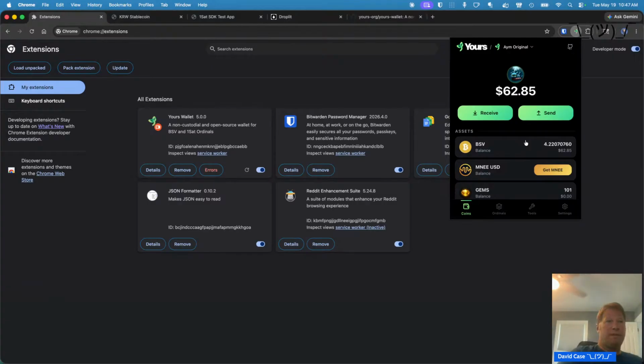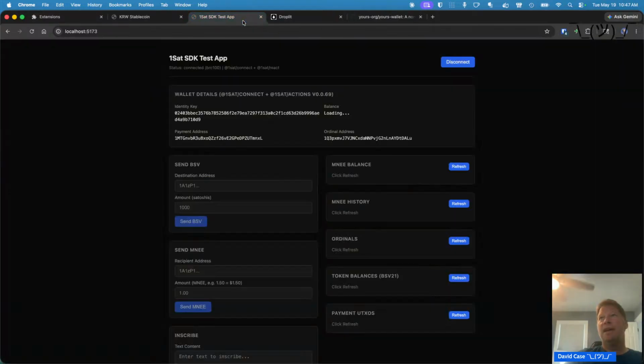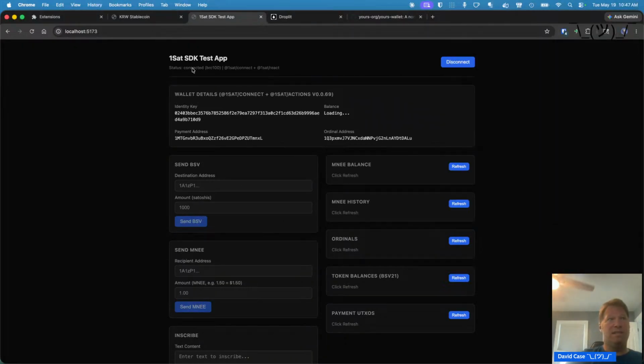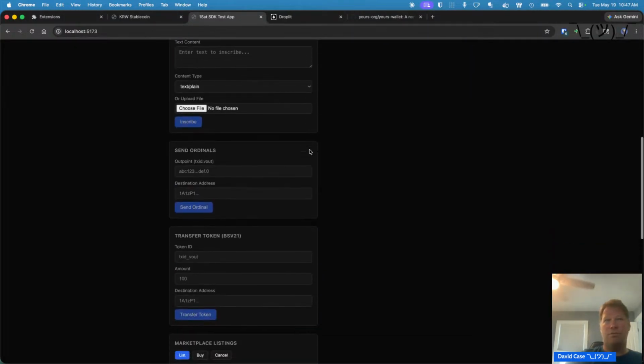So from the surface, this doesn't actually look a whole lot different. But under the covers, it is entirely different. So this is a BRC100 wallet. And what that means is there's a standard set of interfaces that the wallet provides that is the same as every other BRC100 wallet. So we have this test app right here, which I'm going to go through briefly,